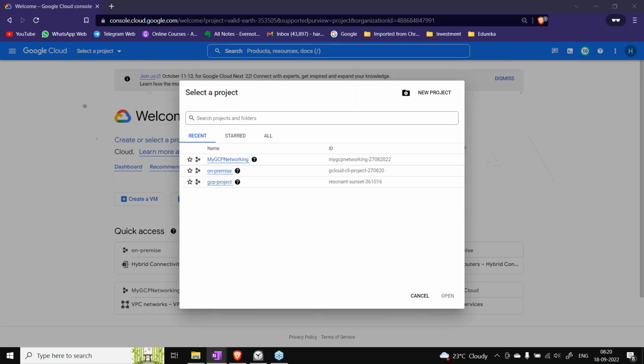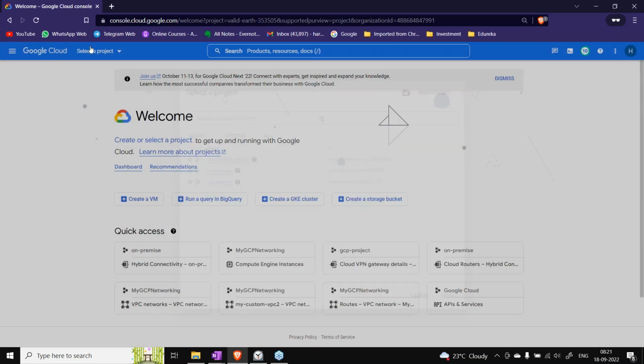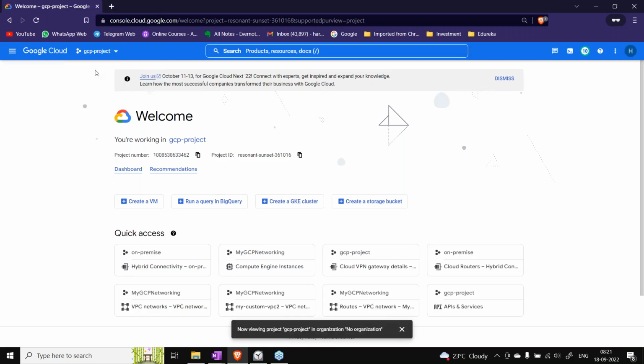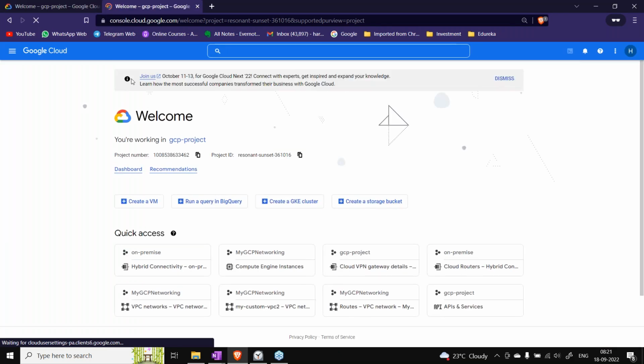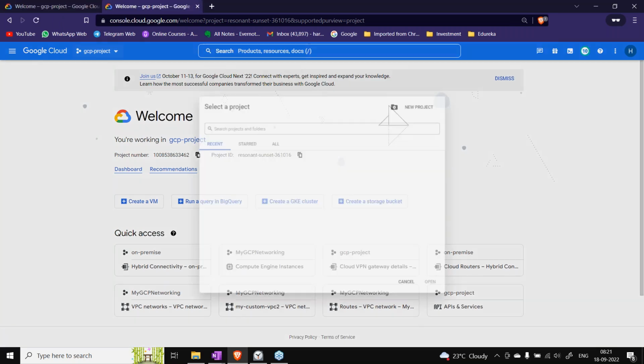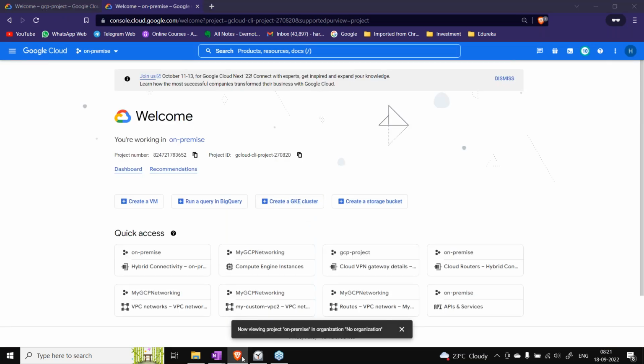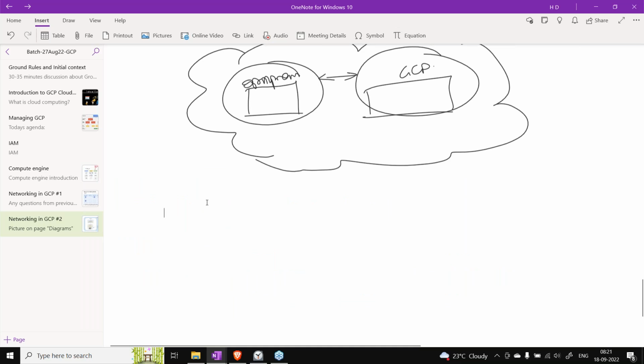Okay, and then let's go to one project, the GCP project. Let me duplicate this window and create on-premise also. So I have one architectural diagram. Let's discuss that once, so that you will get a little more idea about what we are going to see in the demo.